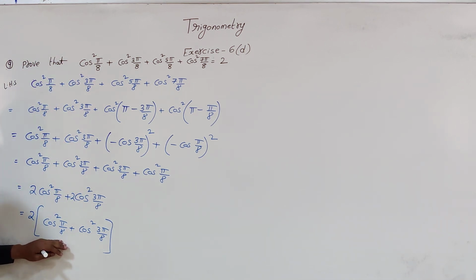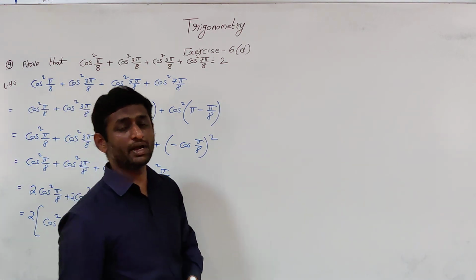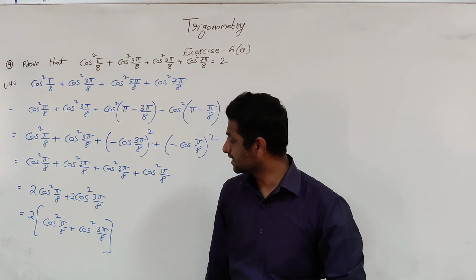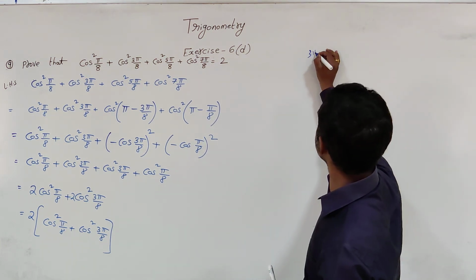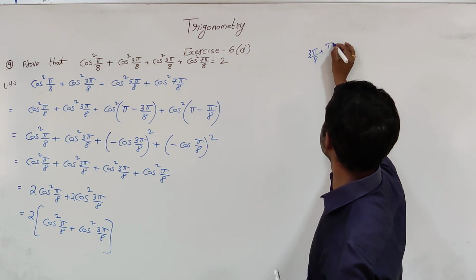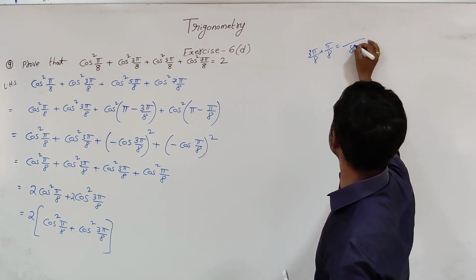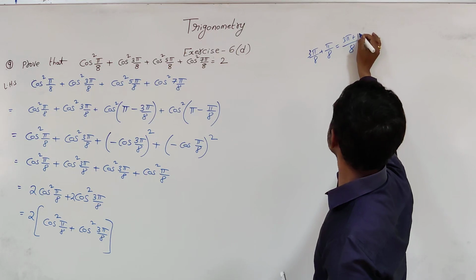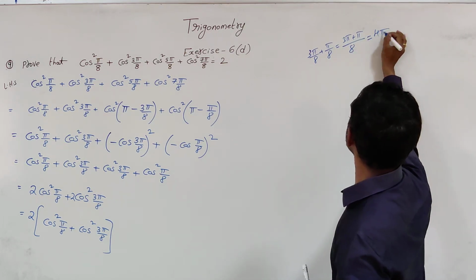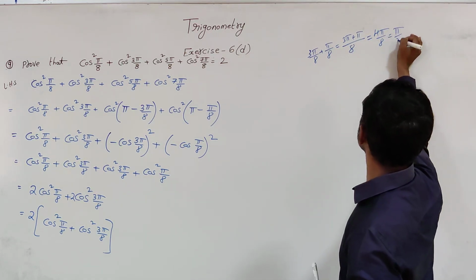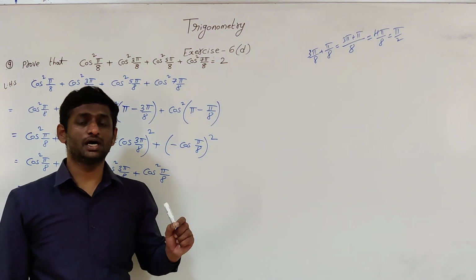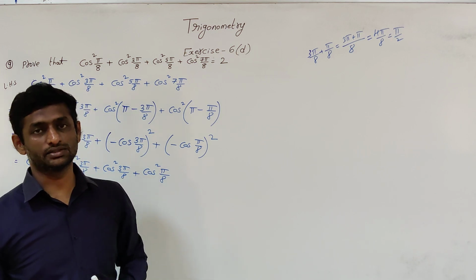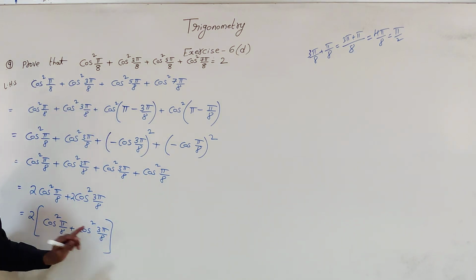Now again observe the angles, pi by 8 and 3 pi by 8. If we add pi by 8 plus 3 pi by 8, what do you get? 8 is the LCM, 3 pi plus pi, that will be 4 pi by 8, which is pi by 2. Means what can we say? Pi by 8 and 3 pi by 8 are complementary angles. Means 3 pi by 8 can be written as